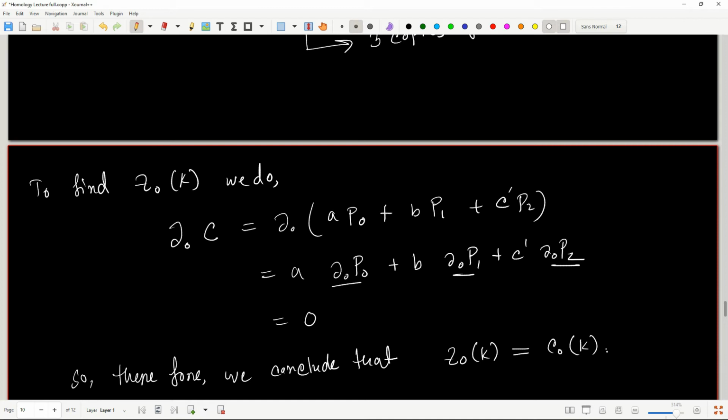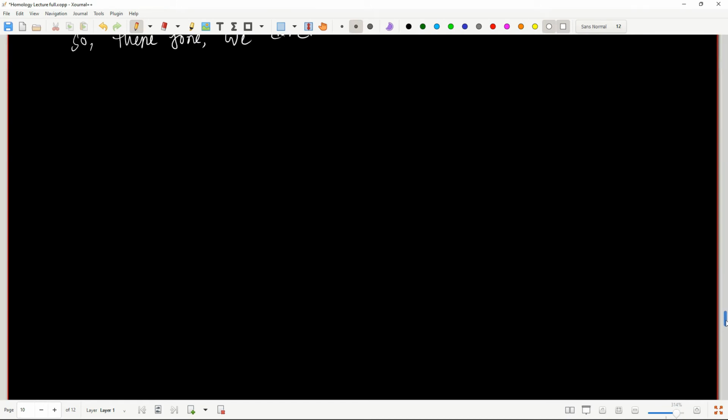And here we can see that for any element that belongs to my 0 chain group or 0 chain set, if I take any element from this 0 chain set and apply the boundary operation, that will give me a 0. So all the elements that are in my chain group are also in the Z0 group, or the cycle group. So that's why I write it like that. Now that we have found our Z0, now we need to find out the boundary sets or the boundary group. So now to find the boundary,